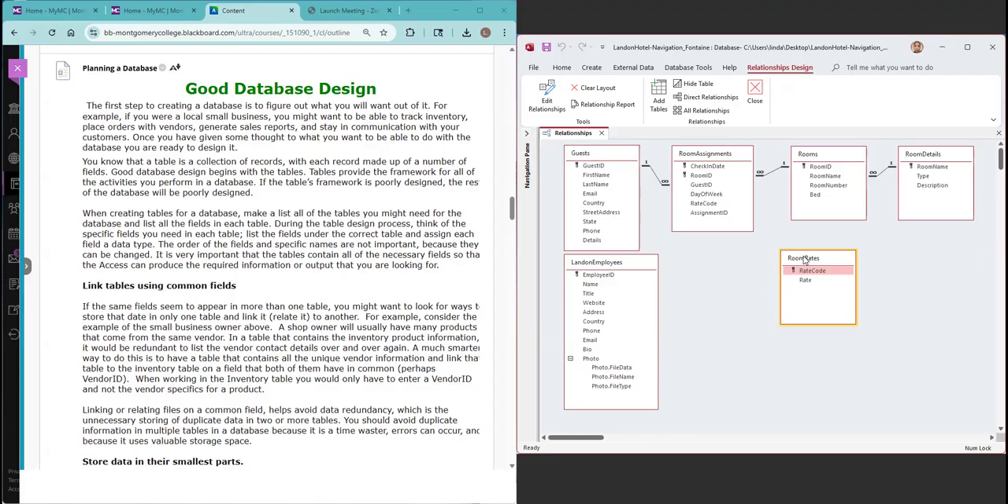And typically, this room rates table should be related. I'm jumping to my module 2 right now, but since I'm here,